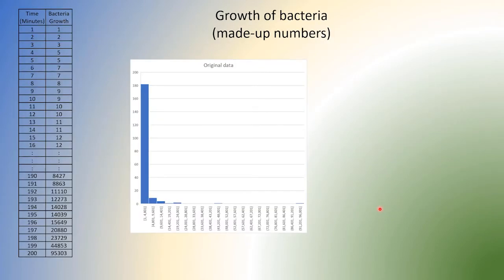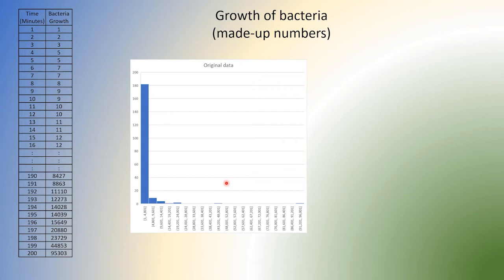Here is our data file, which we're going to use in R. It's a growth of bacteria. Obviously, these are fake numbers. Bacteria grow, in the beginning it's kind of small, but becomes very large. After 200 minutes, let's say I've got 95,000 of them, little things. If I plot a histogram, it looks really bad. It's highly skewed with weird outliers. And this again is not good for us in the normal statistics programs that we have.